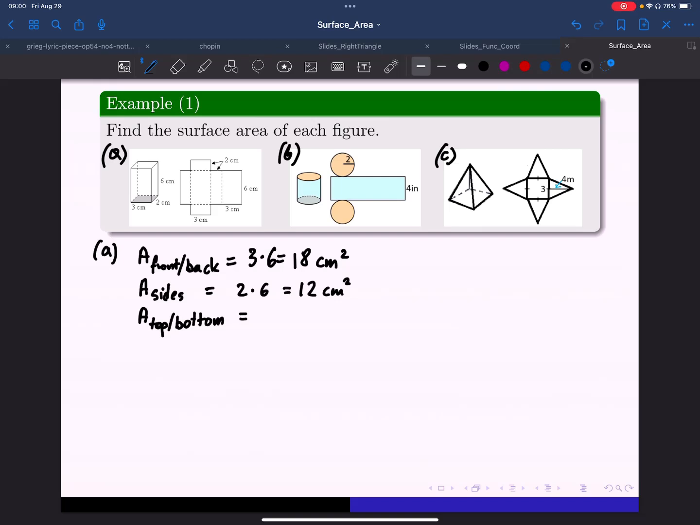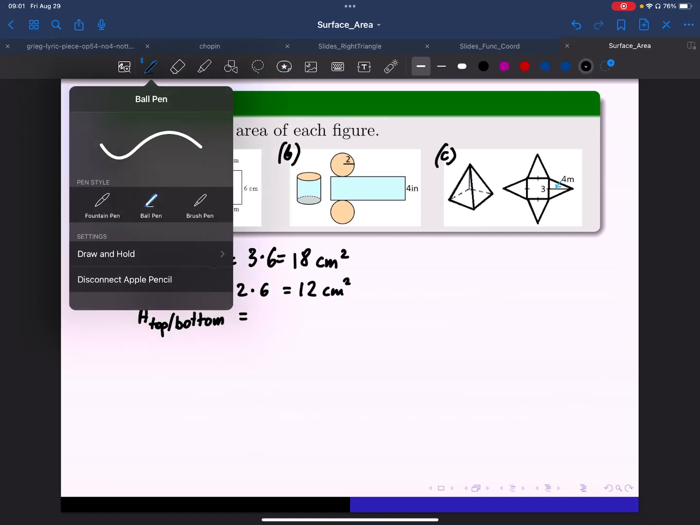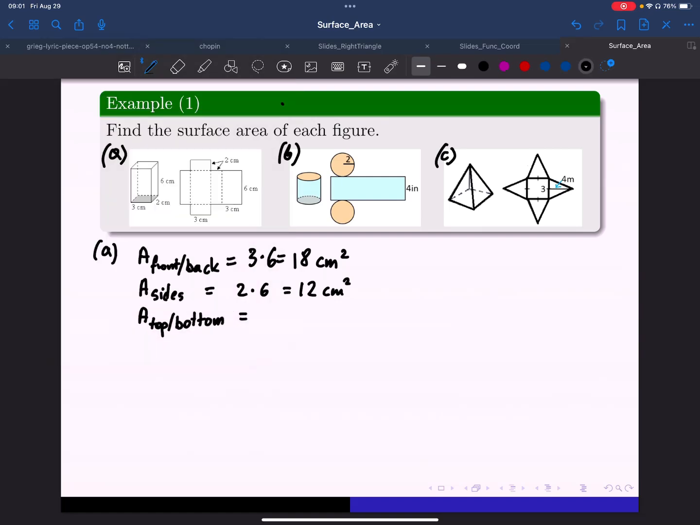If we calculate area of the top and bottom, so bottom is right here and top has the same area, those ones are right here. So this would be this length times the width, or in other words, length times the width right here. So this is 3 times 2. In that case, we have 6 centimeters square. And the surface area